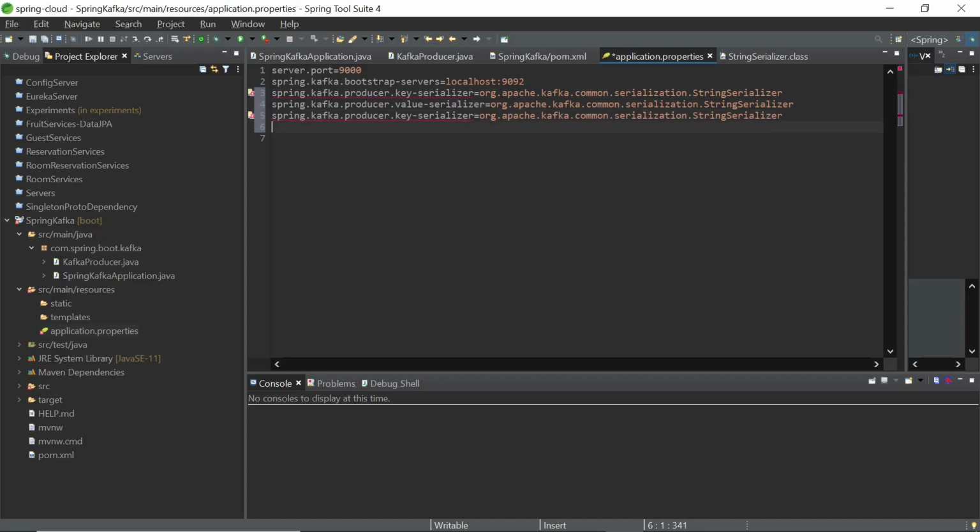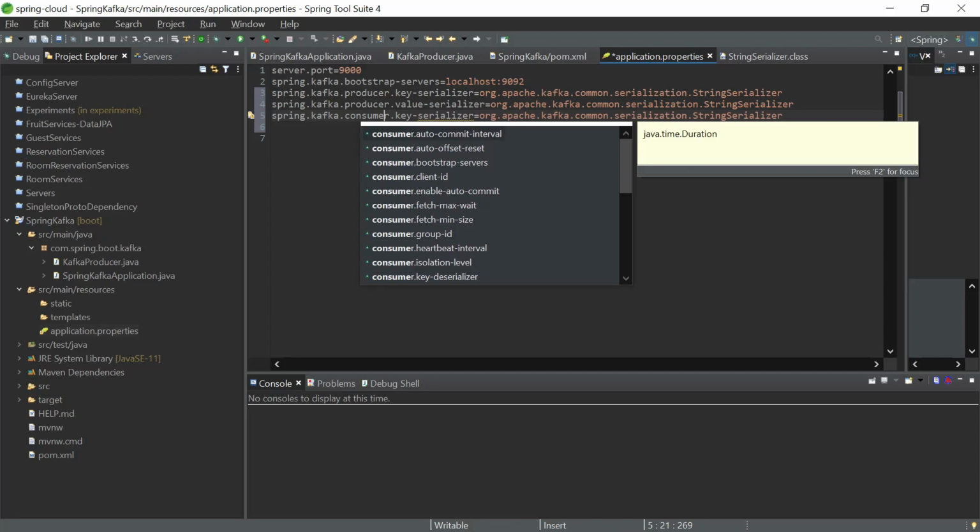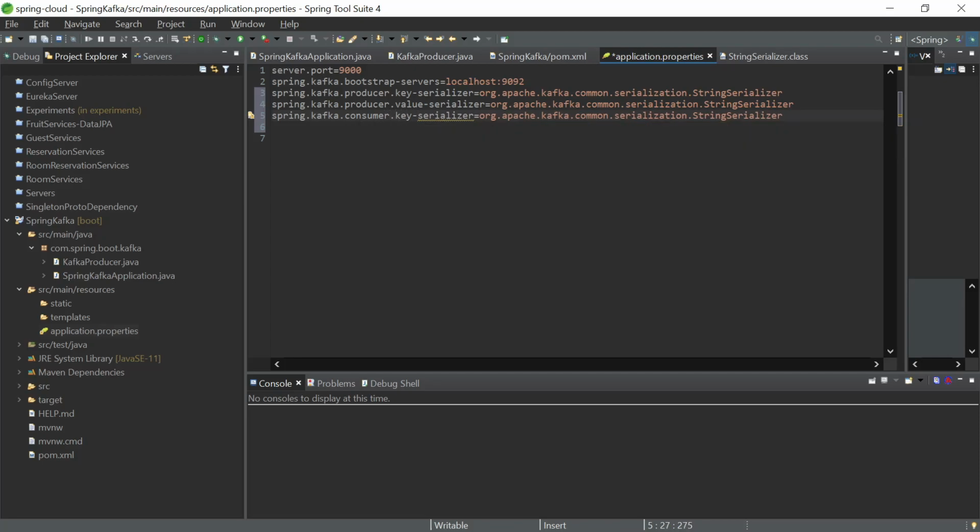Okay, and maybe so consumer key deserializer, and we would have string deserializer.